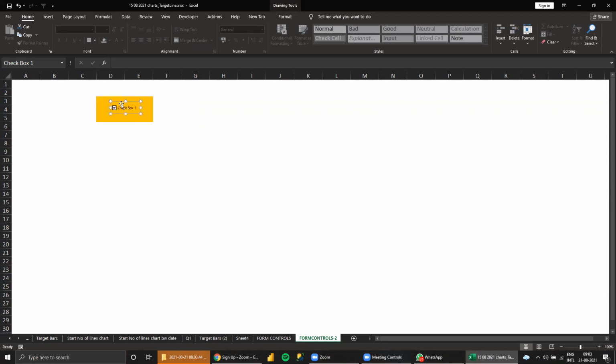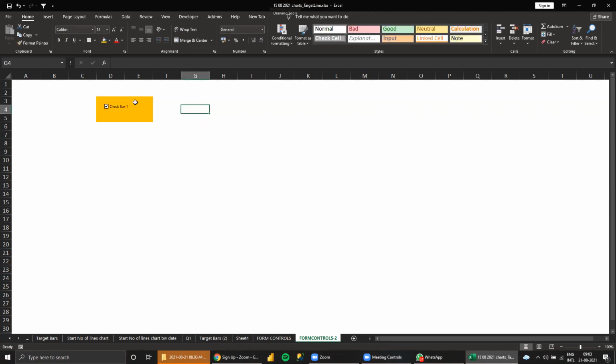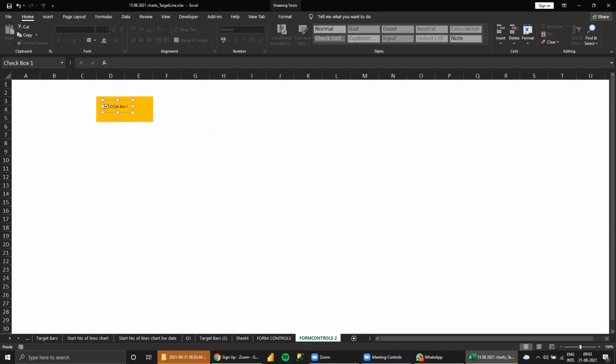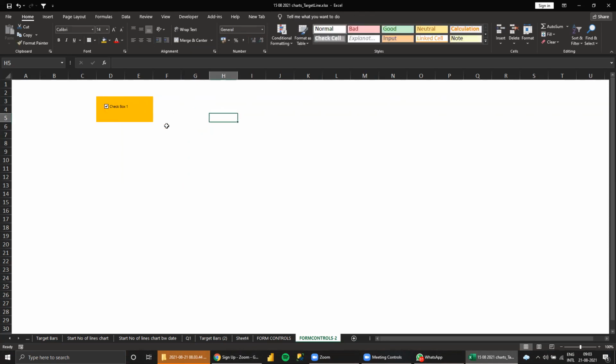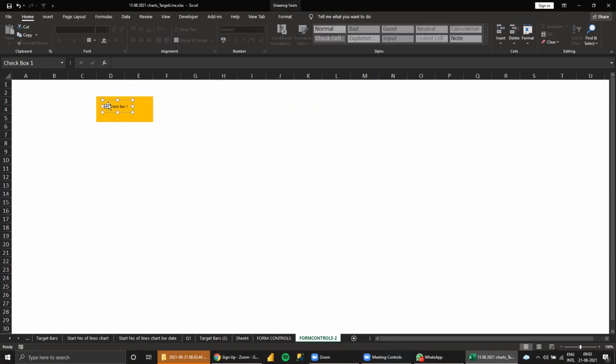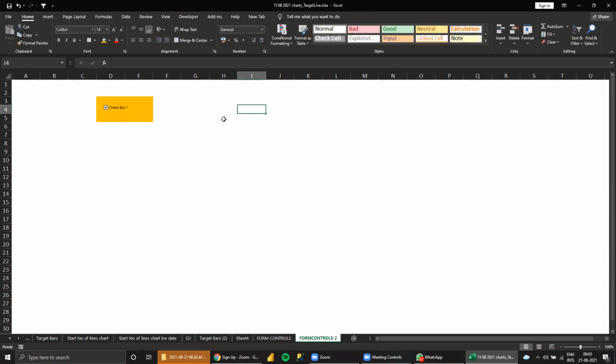So how many checkboxes can you create in the sheet? You can create checkboxes based on the requirement, whatever the selection criteria is. When you check it, it will give true.